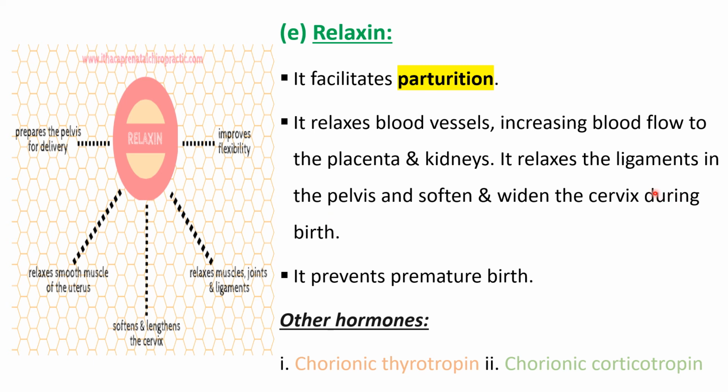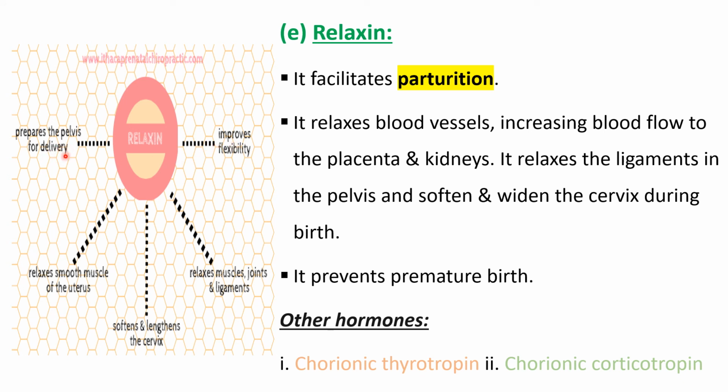Here the relaxation of the ligaments and softening and widening of the cervix region is a must at the time of maturation. Then only the fully developed fetus easily comes out of the female body. Then it also mainly prevents premature birth. The premature birth mostly leads to the early death of the newborn baby. This is the relaxin hormone. These are the functions